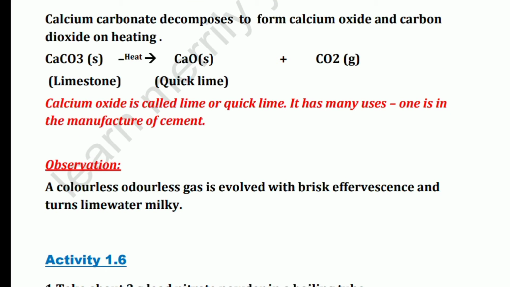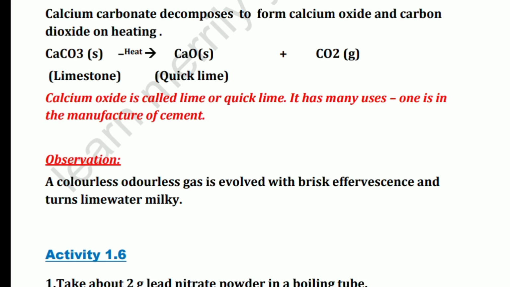Now this is also important, that you should know that calcium oxide is used to make cement, because in some questions they will ask that a compound X is used in cement industries for making cement. So you need to identify which compound that was. It is just given as a line, you may skip that. That is why I have given this in bold letters, that calcium oxide is used for the manufacture of cement. Now what will be the observation?